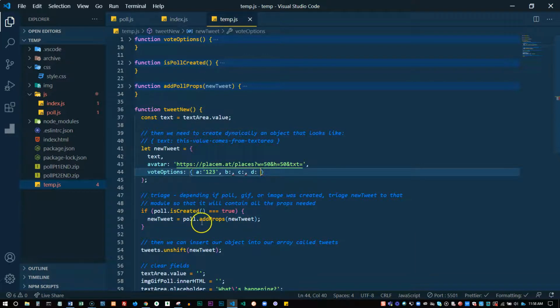So once it adds this new property, it then returns this whole thing, that modified object, and now that object is being assigned to this variable. So this variable originally was the simple object with the text and the avatar. Now it's being wiped away, and it's being replaced with a new object. So let's take a look at this add props